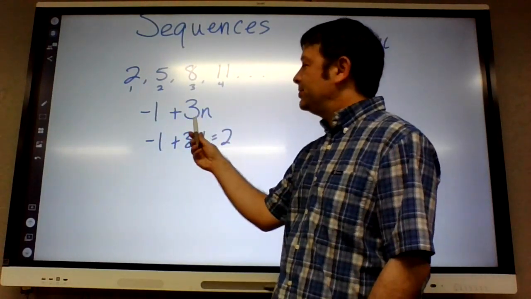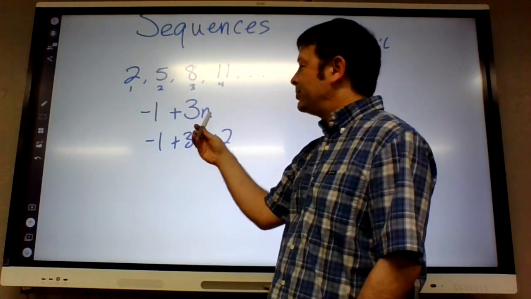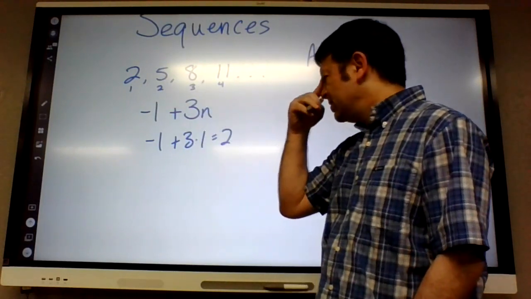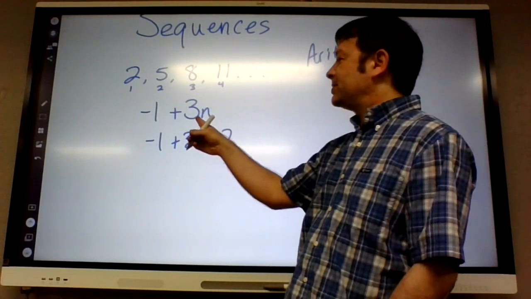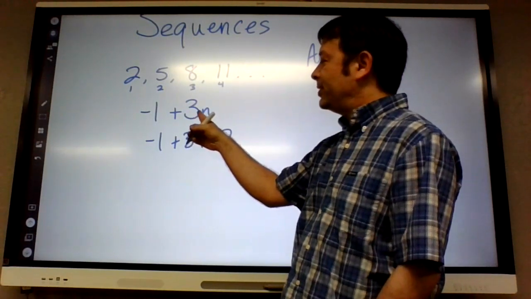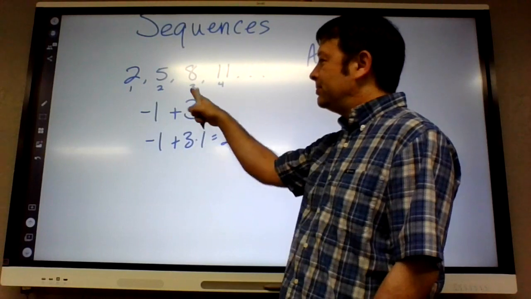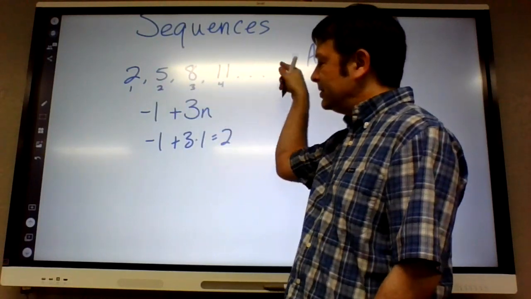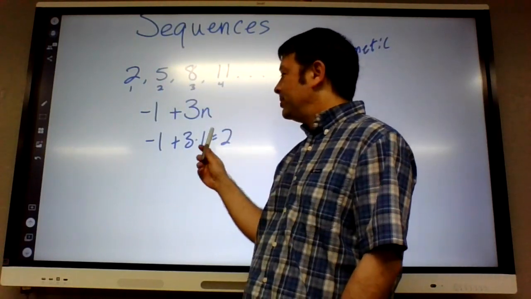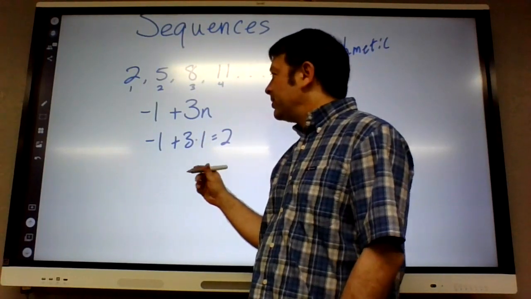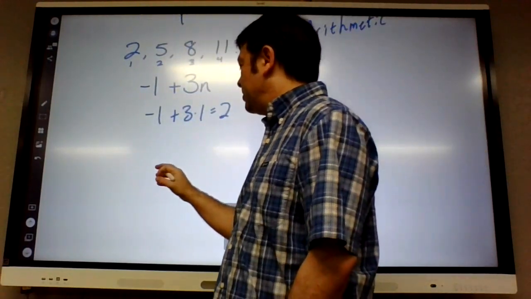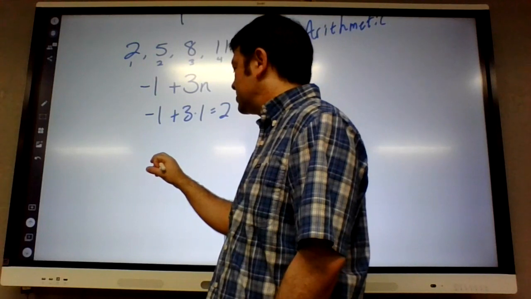If I put in 2, that'll give me 5. If I put in 3, that'll give me 8. So this is what an arithmetic sequence usually looks like. If you want to go up by 3, you just put plus 3 times n. The n makes it go up by 3 n times, depending on what term you're on. Okay, anyways, and then the other sequence,